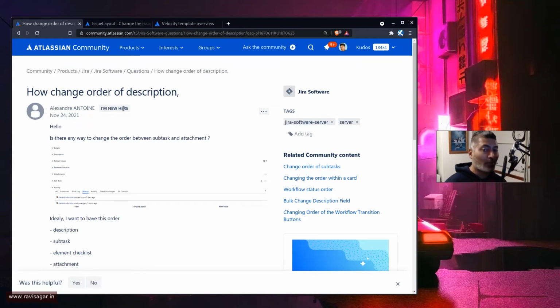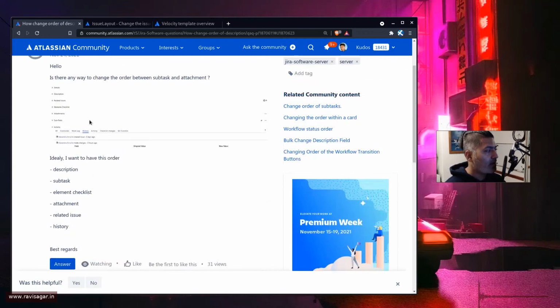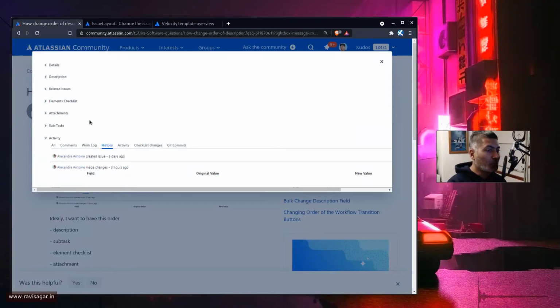And if you really want, you can actually modify a template. For example, if you look at the template where you're looking at the issue, you can definitely reorder, but as